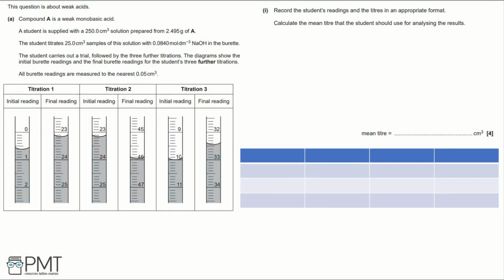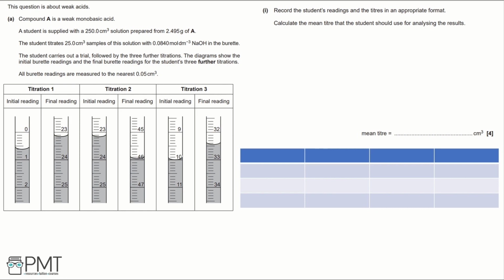This question is about weak acids. Part A. Compound A is a weak monobasic acid. A student is supplied with 250 centimeters cubed solution prepared from 2.495 grams of A. The student titrates 25 centimeter cube samples of this solution with 0.084 moles per decimeter cubed of NaOH in the